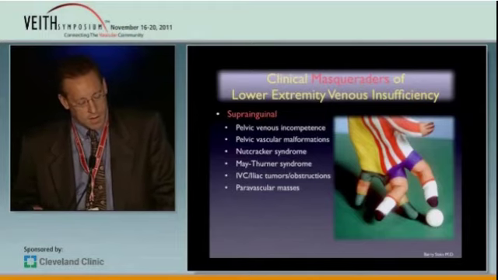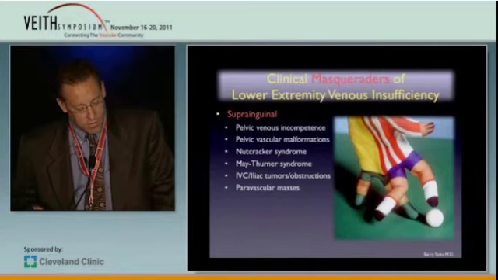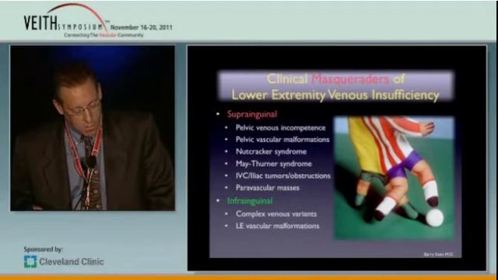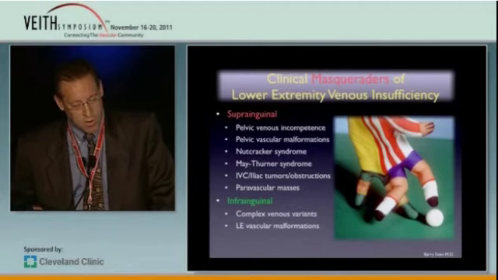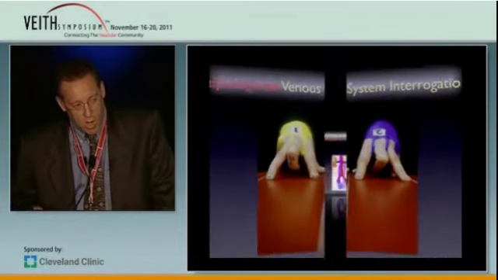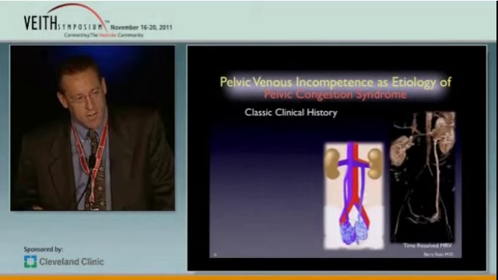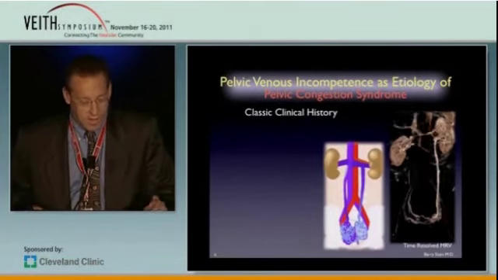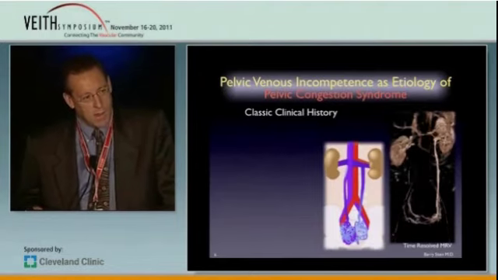The suprainguinal entities include pelvic venous incompetence, vascular malformations, May-Thurner syndrome, as well as some of the tumors that can obstruct the IVC. And infrainguinal includes the complex venous variants and lower extremity vascular malformations. One of the more common suprainguinal entities is pelvic venous incompetence, and the diagnosis is made primarily with